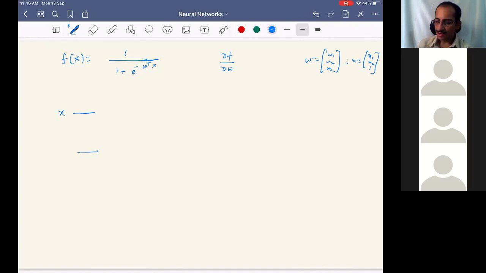So what is the operation between w and x that has to happen now? Vector multiplication. Especially, what operation is this? Dot product, right? So the operation we are writing now, this is the net value. In the forward pass, whatever we have, we write on top, and in the backward pass, we write at the bottom. So this is equal to W transpose X. This is a dot product.